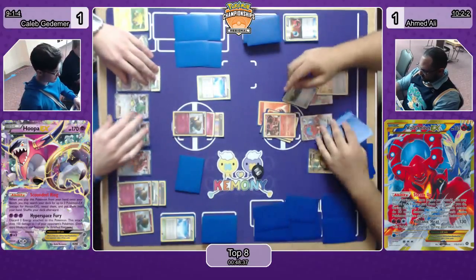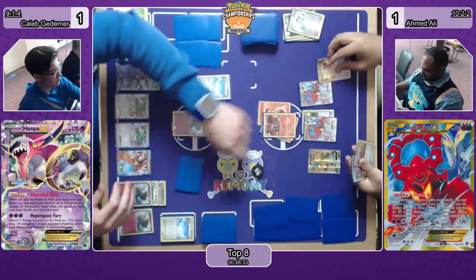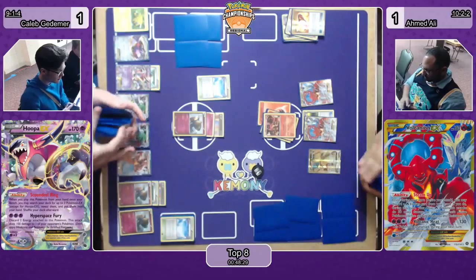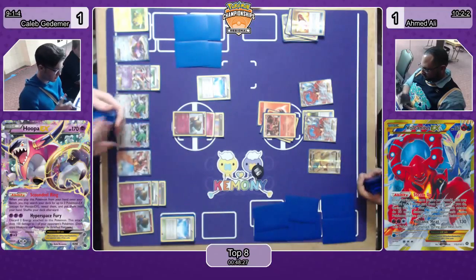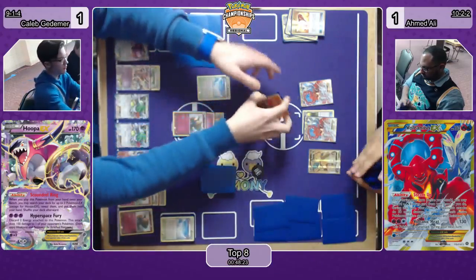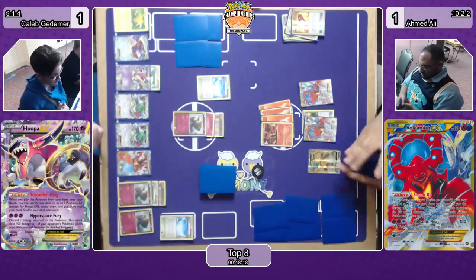It looks like he took a fifth card off of Trainer Mail on accident, but that's fine. Yeah, it's no big deal. And there we go. Then down to 4 cards for Caleb, 6 for Ahmed. And what does he need to find off of this? He needs to find more Baby Volcanion, Max Elixir potentially. I think he's going to need to find a Baby Volcanion and his